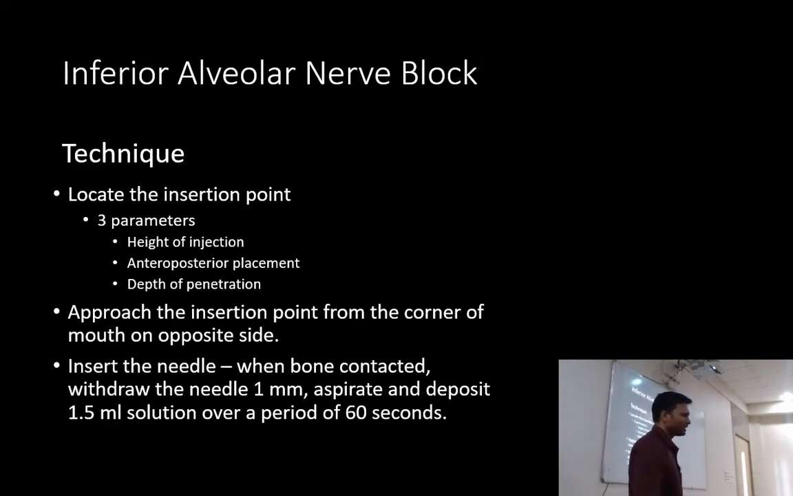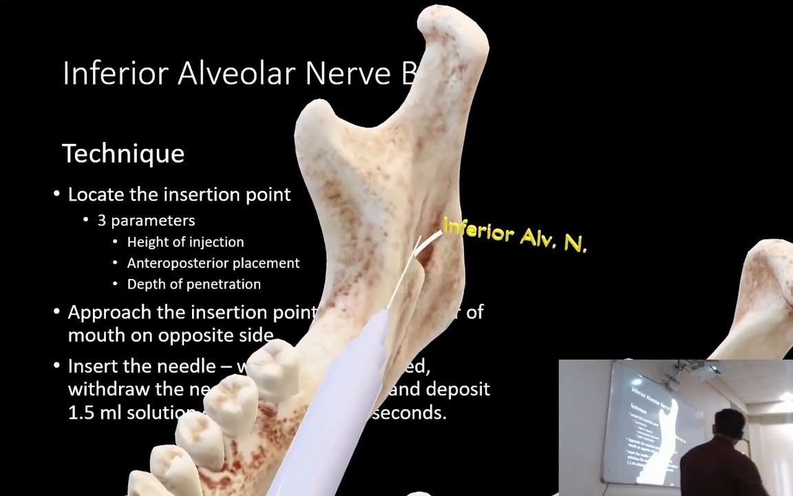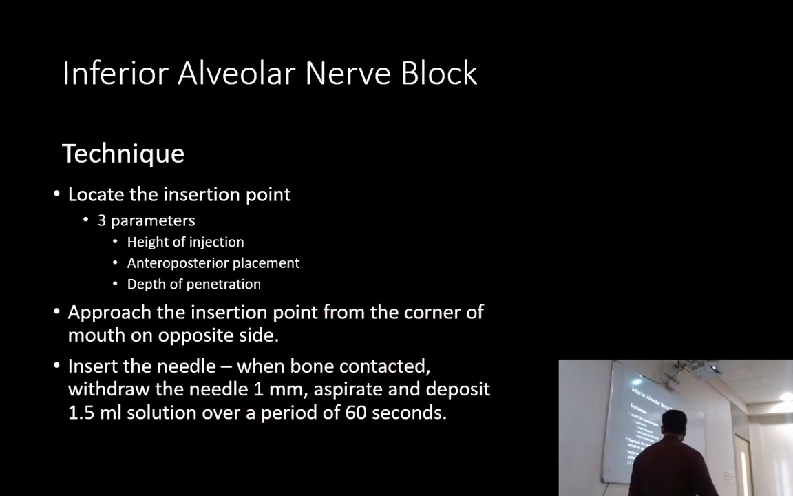You can do 2 ml per 60 seconds. That will come in the lecture after next, but you'll understand. So this is the site. If we follow the technique, you're going to advance the syringe from the premolar region, and you're going to reach the mandibular foramen. Okay, so this is the injection site, and this is the inferior alveolar nerve. We are blocking it before it enters the mandibular foramen. Okay, so